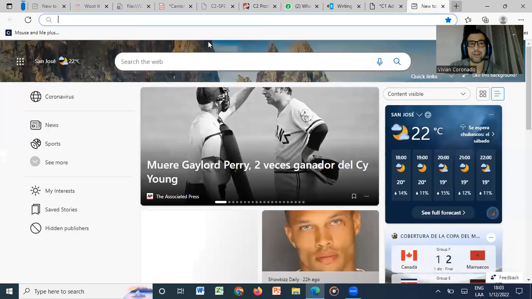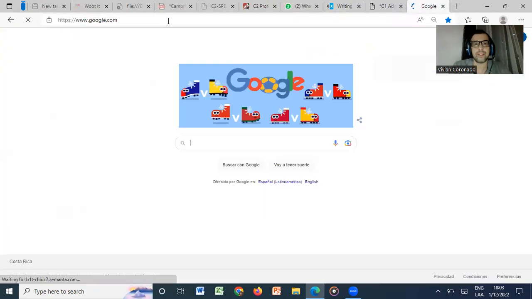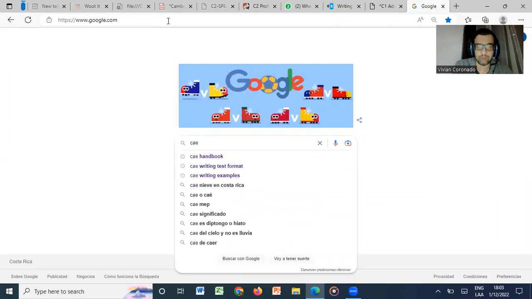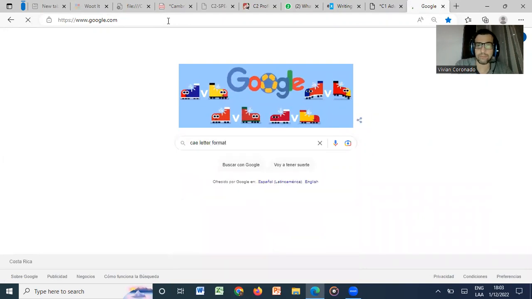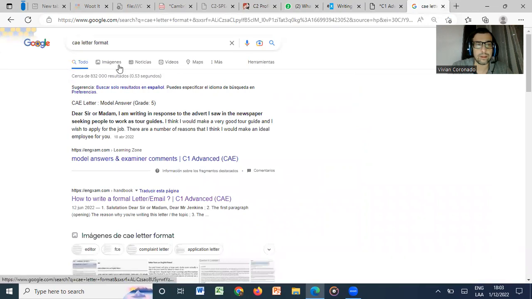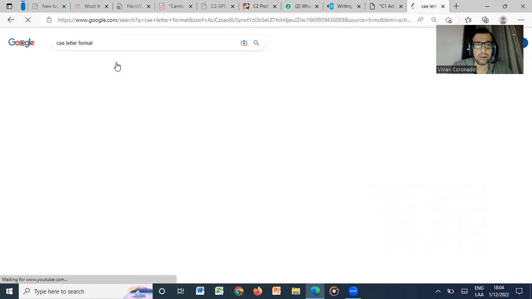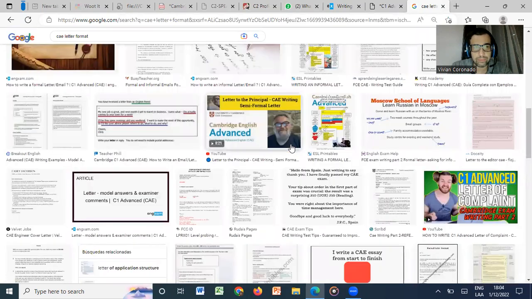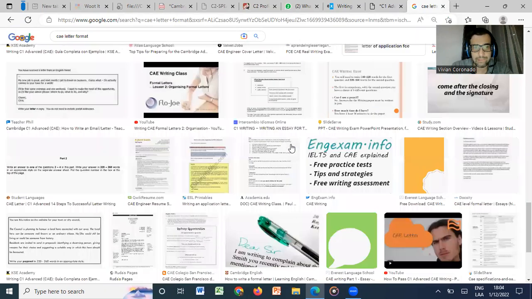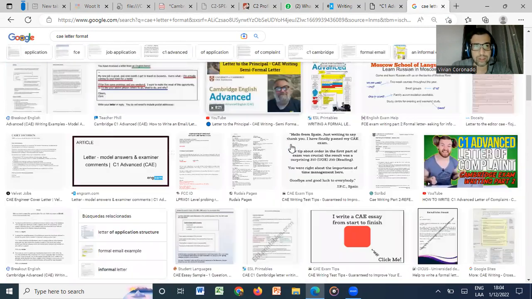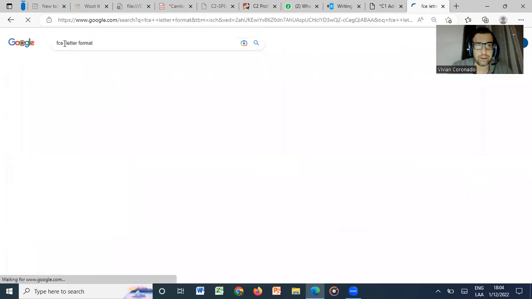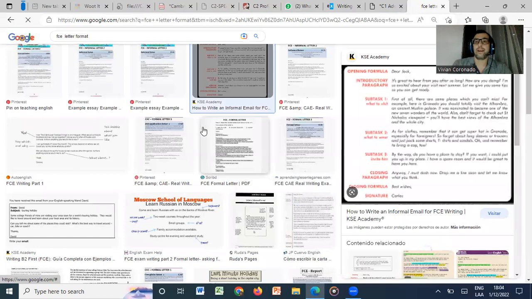Let me see if I can find it here for you. Because it's very, very important for you to have it clear how to format the letter. Let's see if I can find it for you here. Okay. Okay, I think I have it. I found it here, but let's see. It's very, very similar to the B2 one. So let me see if I can find it with the B2. Okay. Yes. Okay, so